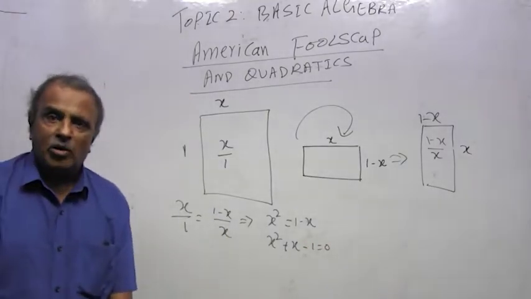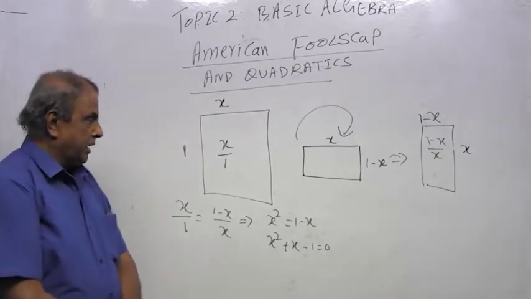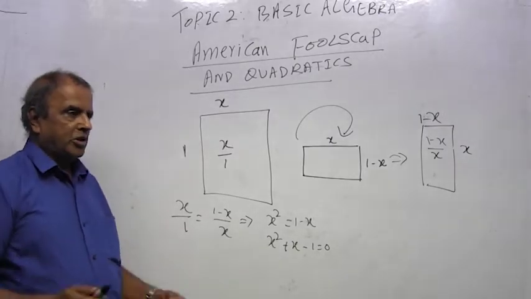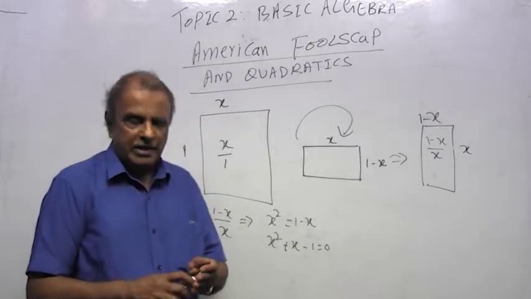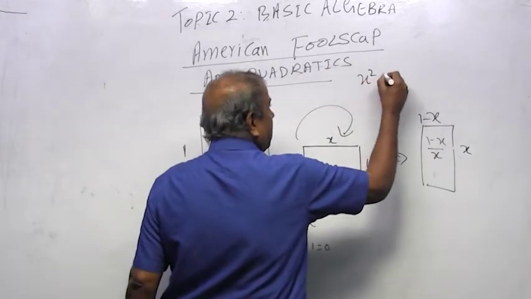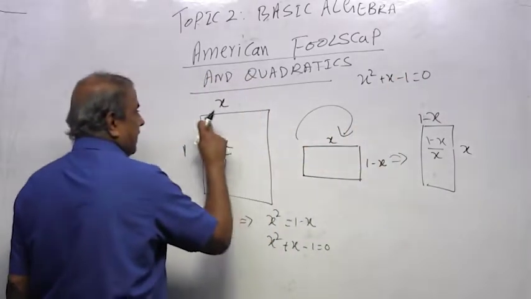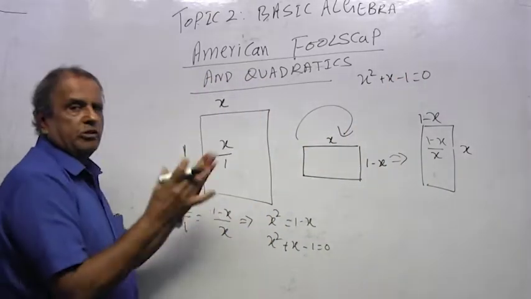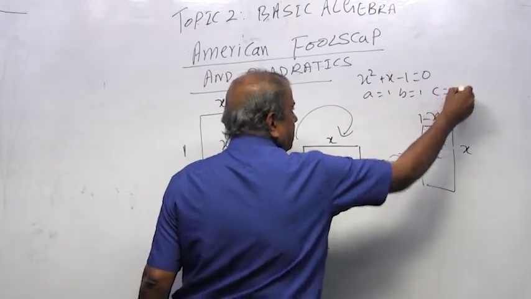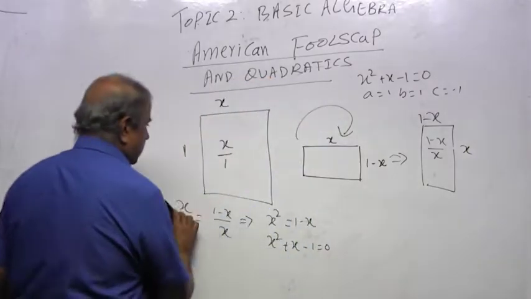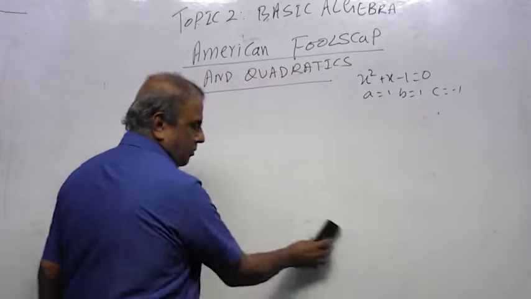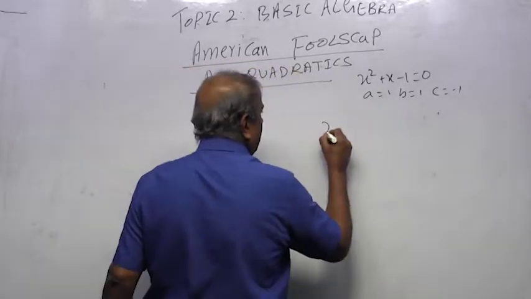That's the quadratic which people trying to design the Foolscap came up with. And you know how to solve a quadratic equation. You have been learning minus b plus or minus root. So therefore what you did was x squared plus x minus 1 equal to 0. I'm trying to find the dimensions of a Foolscap. So they said a is 1, b is 1, c is minus 1, and then you did minus b plus or minus root b squared minus 4ac whole over 2a. Big formula, you applied everything, and then you got x to be